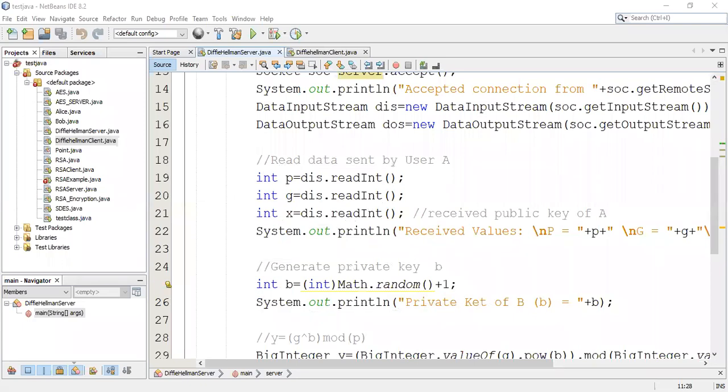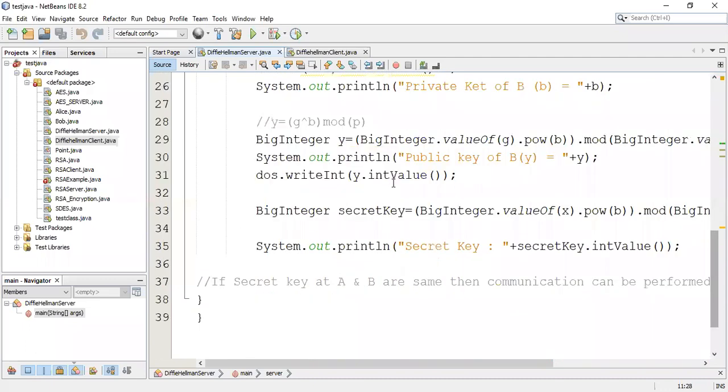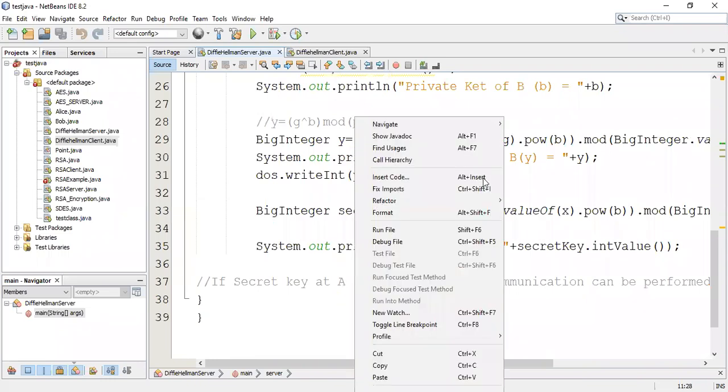Here it comes in the downward direction. See, here is the public key that I have considered, and then comes the secret key. So this secret key must be the same for both sides, for my sender side and receiver side. Okay. So see how you can execute this program. This is the program; you can execute it by first running the server side and then the client. So just have to run this program.